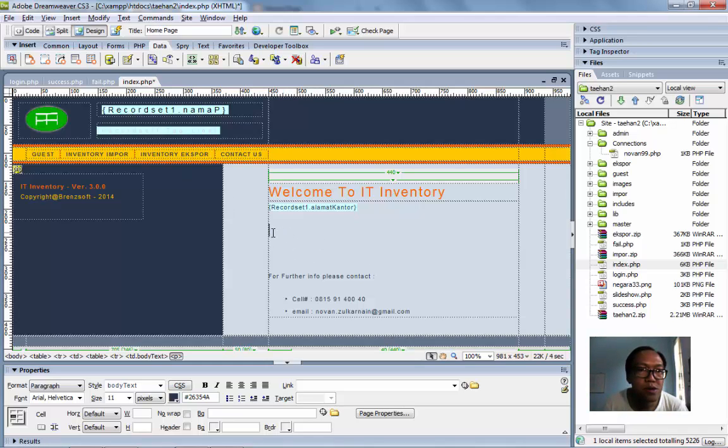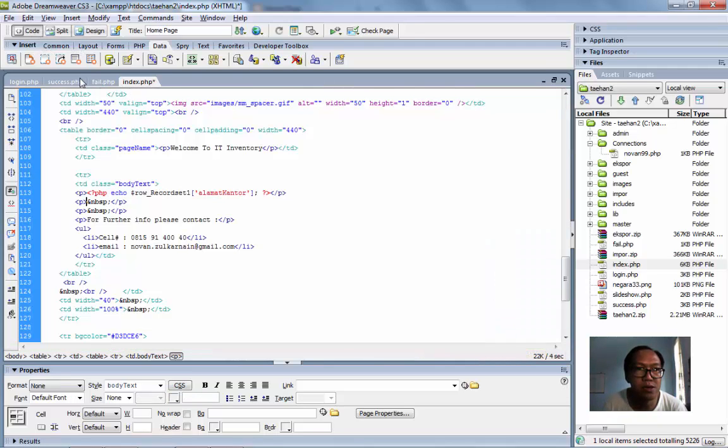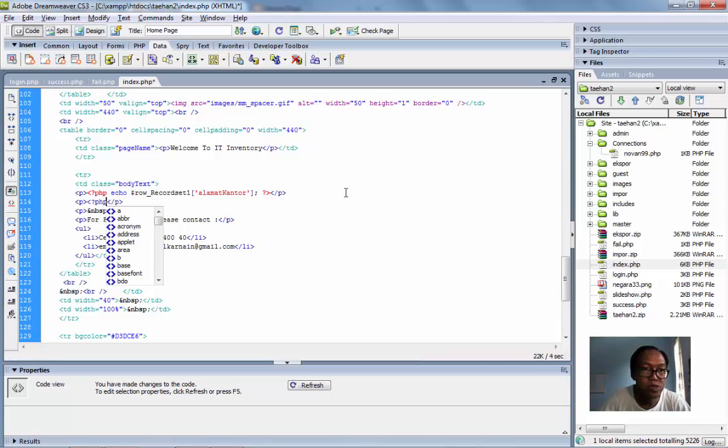You open the index page, click on the bottom of the header, click code view, and then you can input the PHP code here.